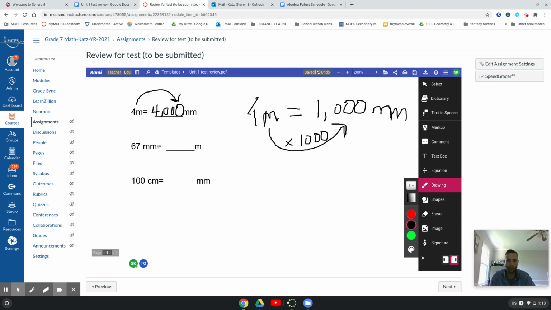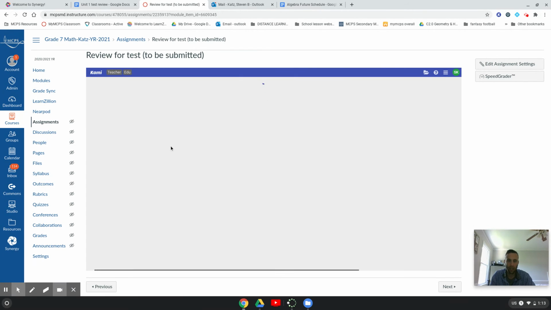Here, you're going from millimeters to meters. That's going the other way. So if you're going from 1,000 to 1, that means you're dividing by 1,000. And if you take 67 and divide this by 1,000, you get